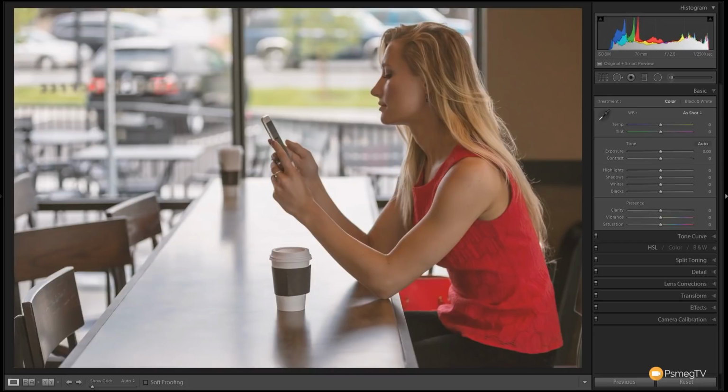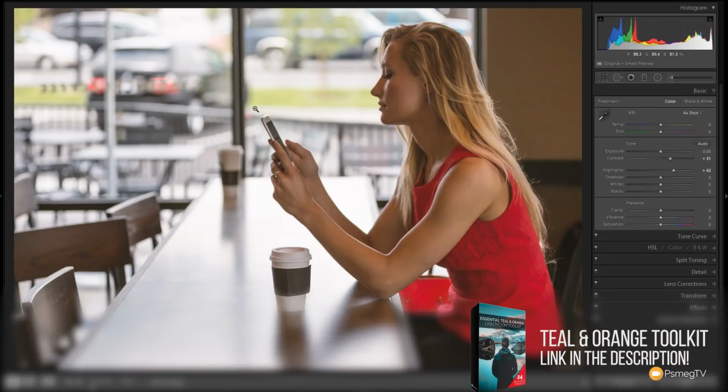So the first thing we're going to do is come down to the contrast and give that a bit of a bump up, so we get some nice strong contrast between the highlights and the shadows. Now you can't adjust the exposure without seeing the image, but I'm going to come back to that later and see if I need to tweak it a little bit. Next up, we're going to jump down to the highlights and boost them. We want to get that nice, slightly blown out look, so we're going to push those up quite a fair way. This is a great candidate because you've got a lot of strong backlight coming in. So we know we're going to blow those back highlights out, but we're going to retain the great skin tones